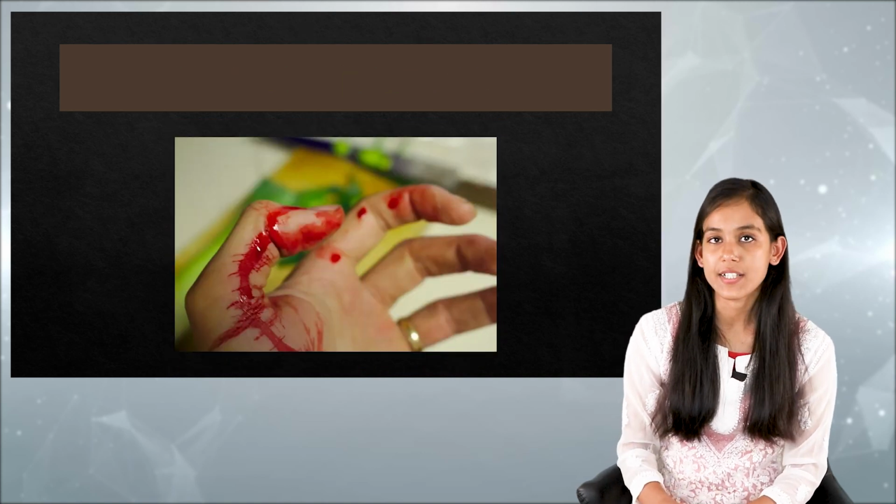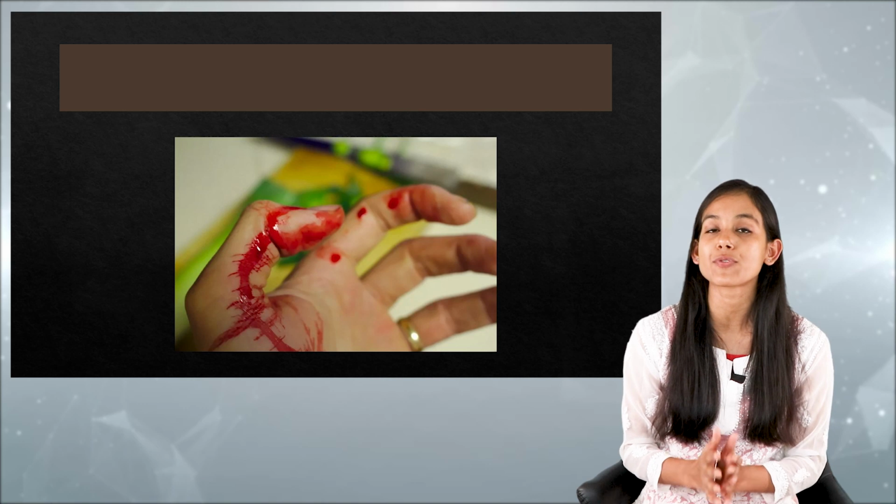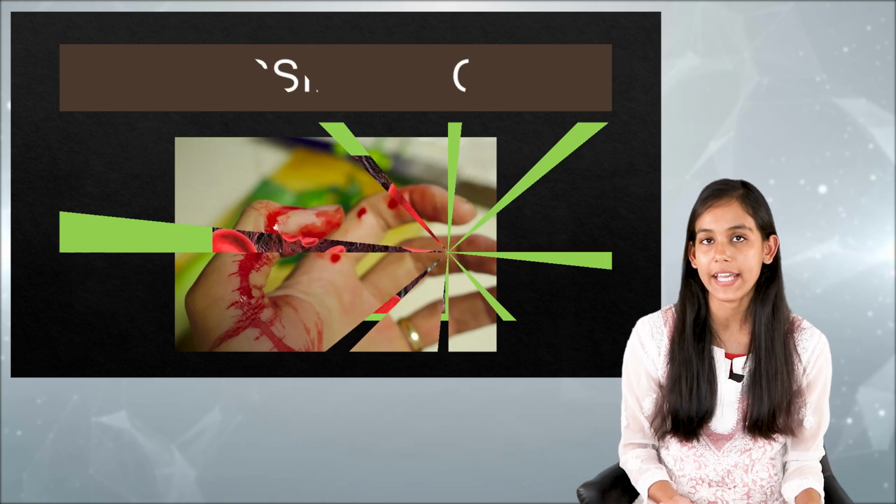Next, let us move on to the classification. In classification, majorly we have two types of hemophilia, that is hemophilia A and hemophilia B. In hemophilia A, there is deficiency of factor 8, right? So when there is deficiency of factor 8, we term it as hemophilia A. Now hemophilia A is known as classic hemophilia. And then there is hemophilia B, which is also known as Christmas disease, and this one is due to the deficiency of factor 9. So as you can understand, there is deficiency of specific clotting factors in a